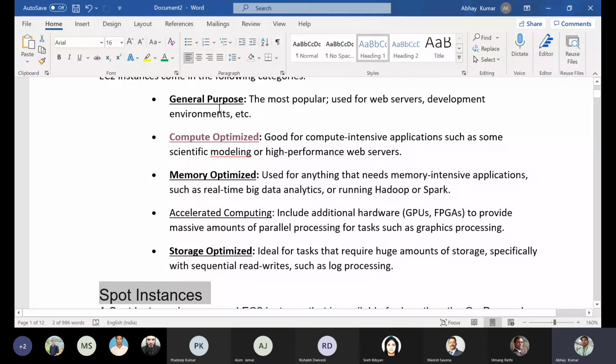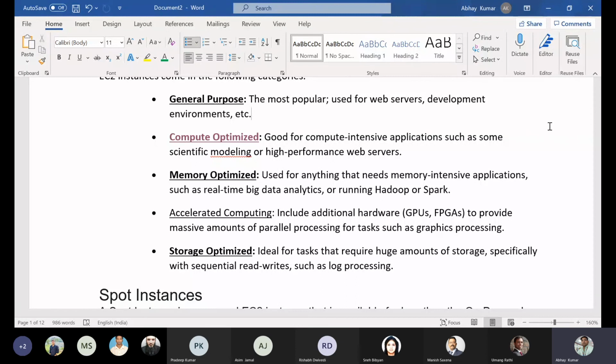Mainly the general purpose is popular because if anyone doesn't have an idea about choosing the EC2 instance, of course they will go with the general purpose. Even when we create the EC2 instance, we select the general purpose and create the instance. That is why it is popular. And as per your requirement, you can segregate which type is suitable for you. Is it clear now?